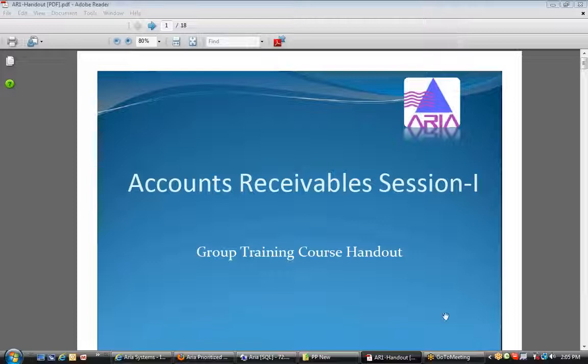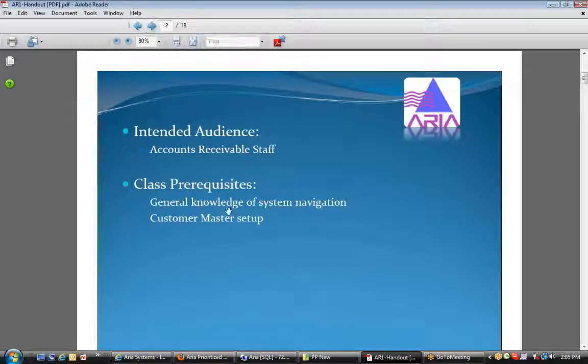Okay, good afternoon everyone again, and today we'll discuss the first session of the Accounts Receivable module in Aria for XP. This session is mainly intended for the accounting staff or the accounts receivable staff in your company who manage the customer balances, the payments, the invoicing, and all activities related to the accounts receivable and the customer